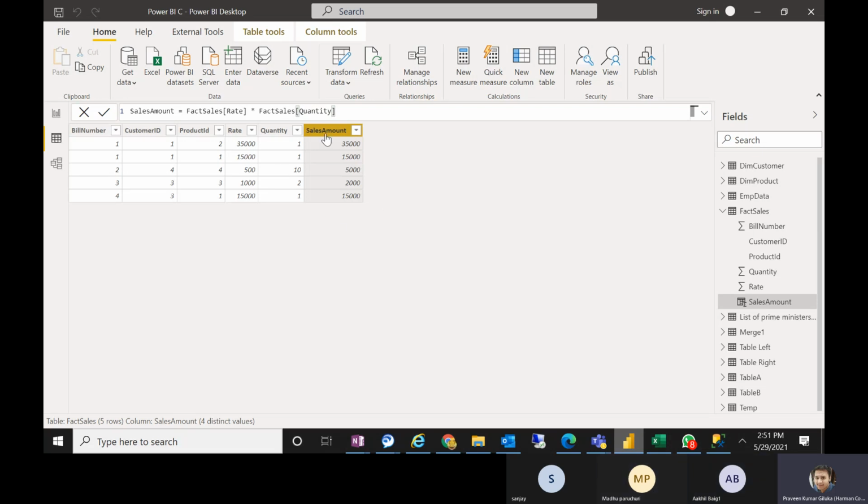Right now, this sales amount is calculated in advance, right? Yes. But in the case of a measure, it will not calculate in advance. Whenever we require that calculation in the report, at that time itself it will calculate. Are you getting the difference? Yes. Now I will do the same kind of calculation like this sales amount,